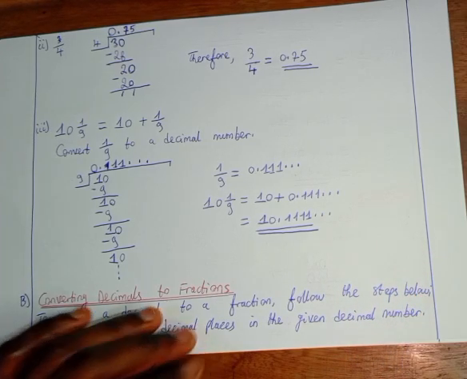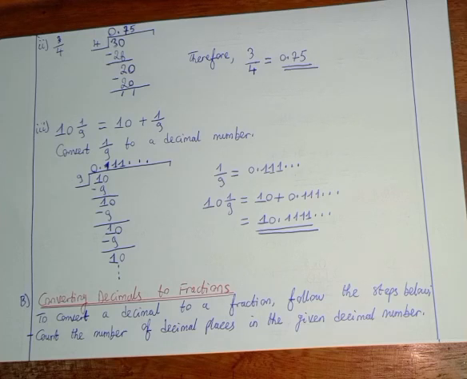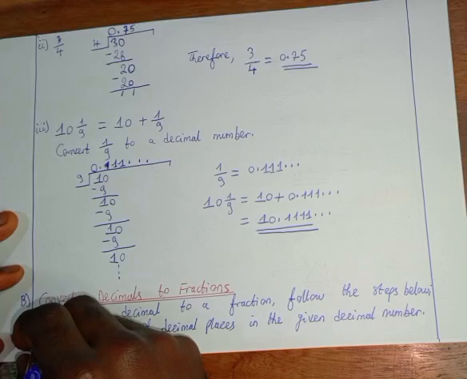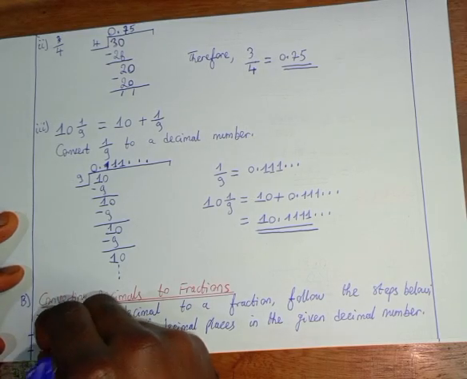When we talk about the decimal places, that means the number of digits after the decimal point to the right hand side. Next says ignore